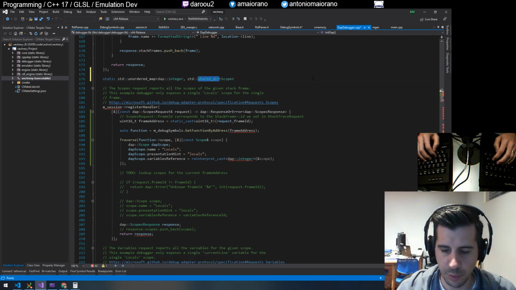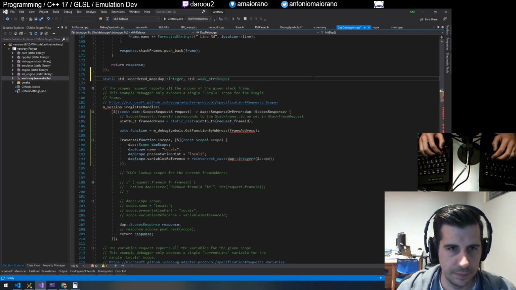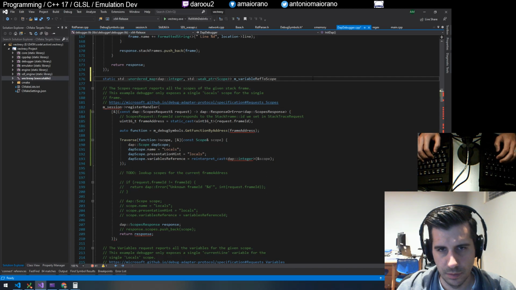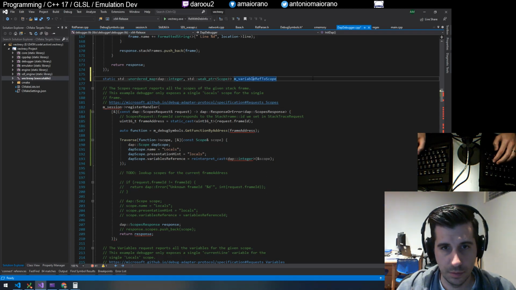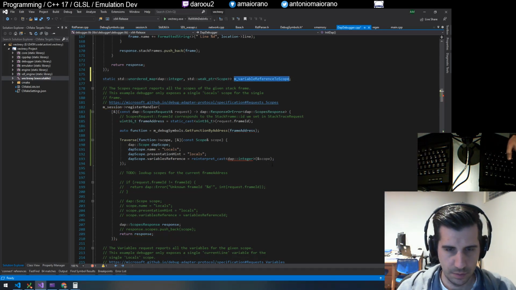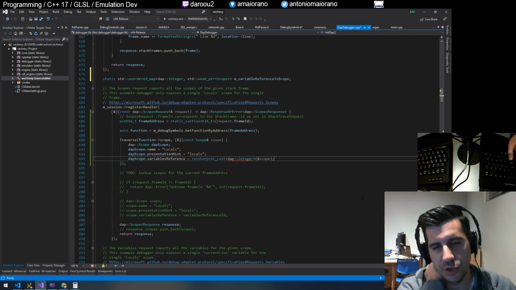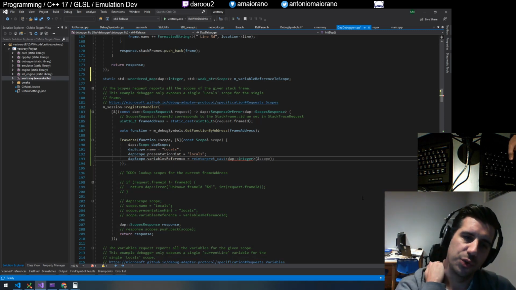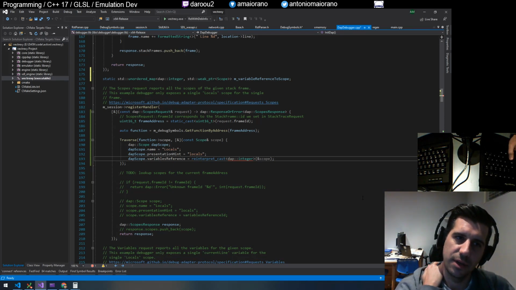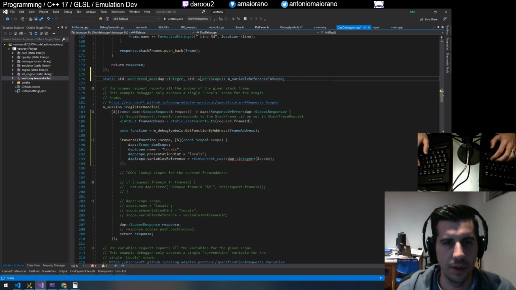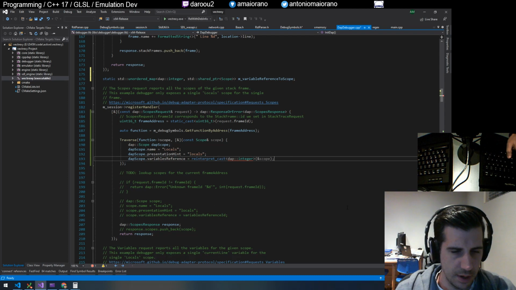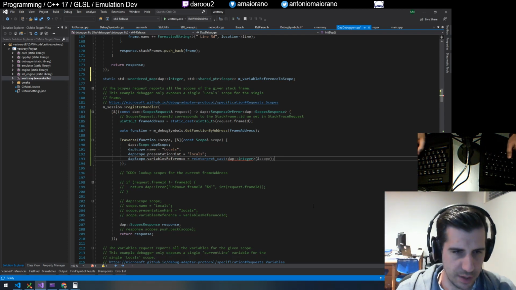In fact, I guess I can make it a weak pointer. The reason to make it weak here is just, I mean, I could make it shared, I suppose. I'm not sure. It's because I want to make sure that if I were to clear, maybe I'll make it shared. Should be okay. So the very first time that we come in here,